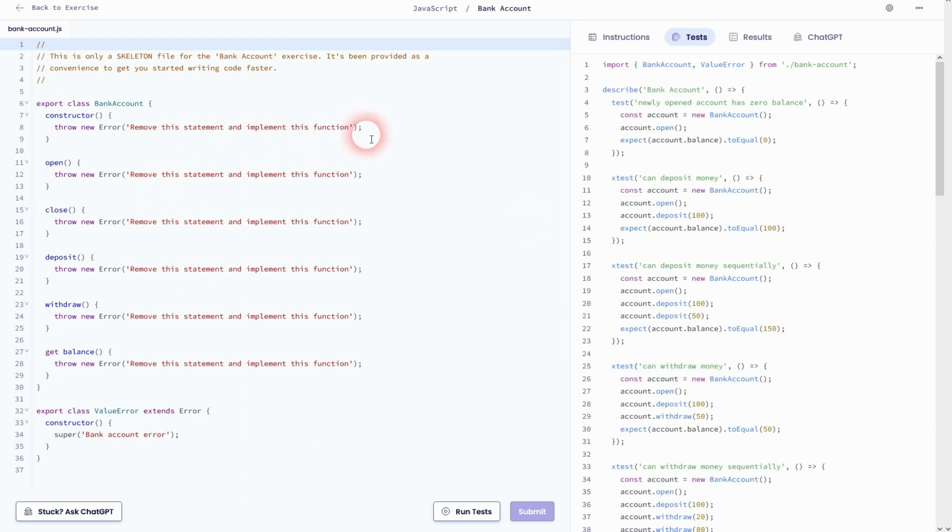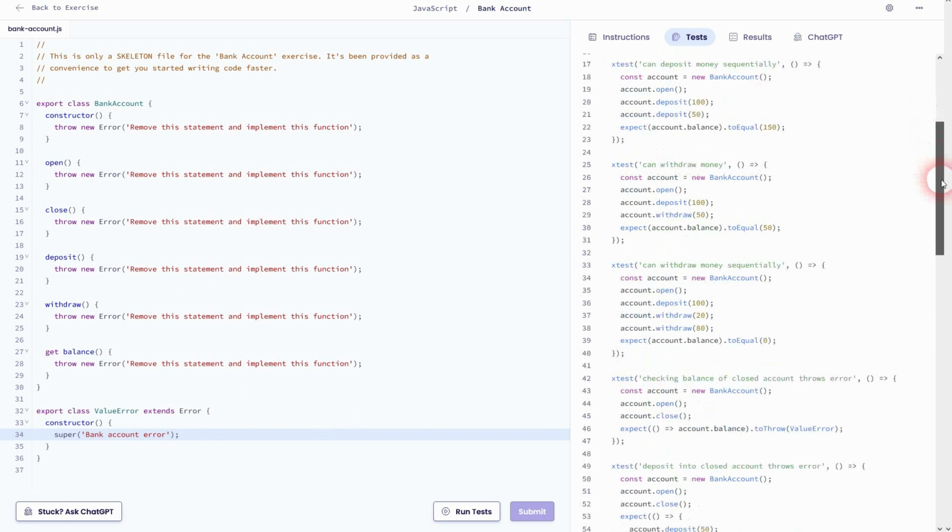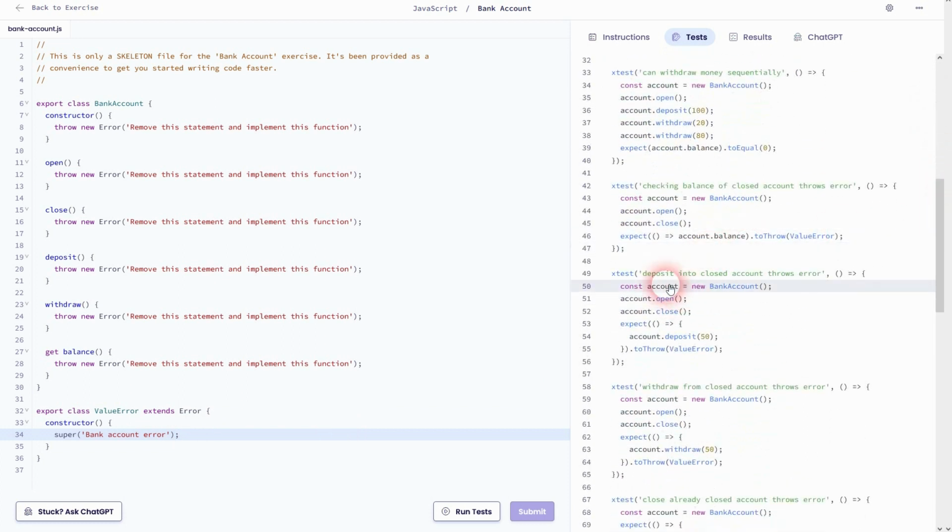There's also an error function, you could say. It's the value error class right here. We don't have to change this, so this is already given. And this should be triggered whenever, for example here in the test code line 49, a deposit into a closed account would throw an error. So obviously you only want to be able to deposit stuff into